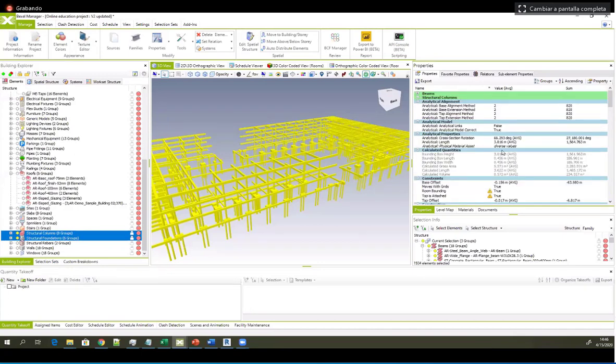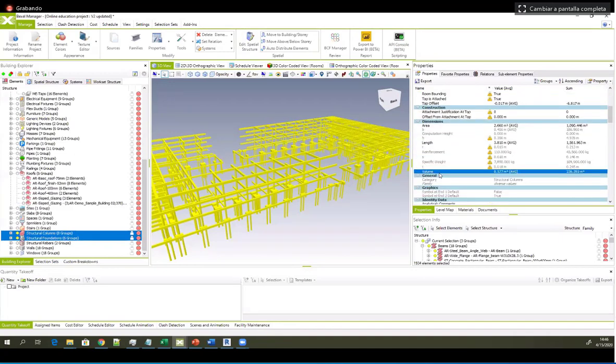Also, I have to point out that these dimensions and all these different groups of properties always come automatically from the authoring tool when you import the project. So this grouping is available from the authoring tool, or an additional way to group the properties is if you export IFC using specific mapping options, then you can map and group your types or your properties according to your needs or specific requirements, and these will be grouped accordingly. This is not something that the Bexel Manager does